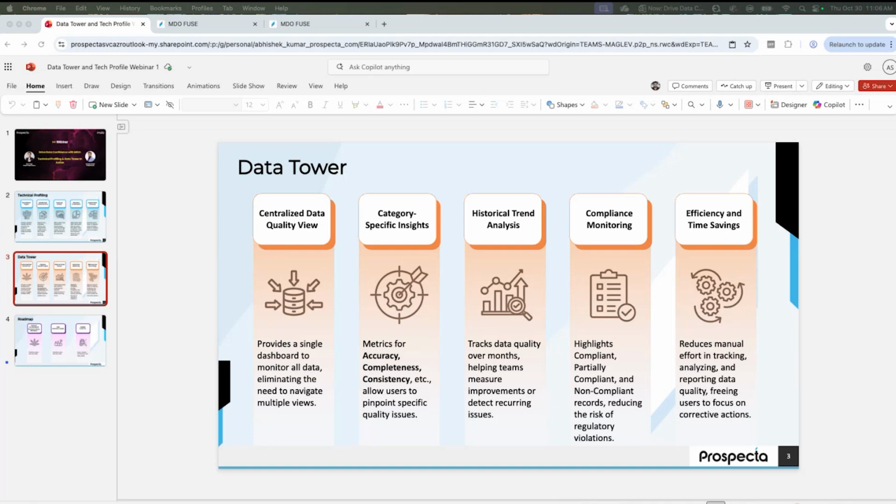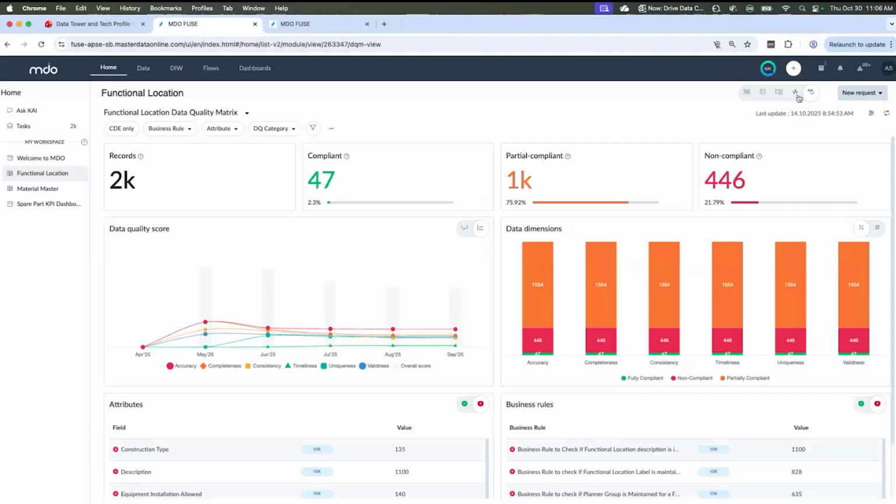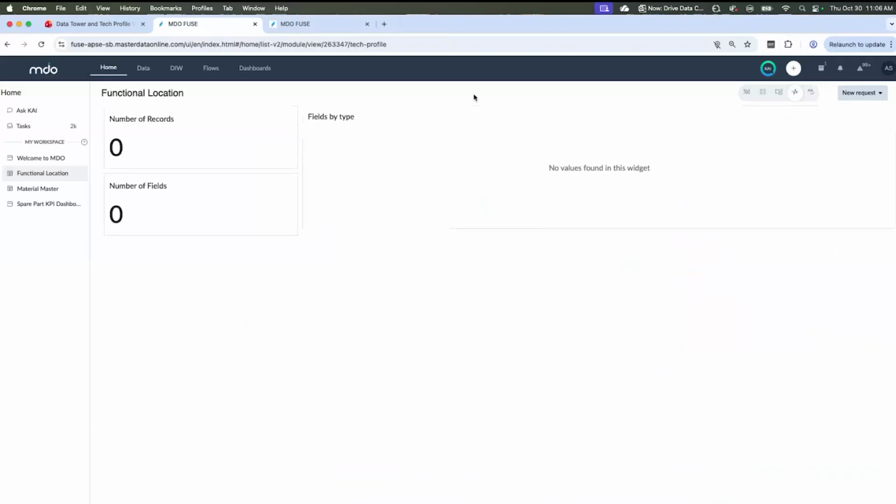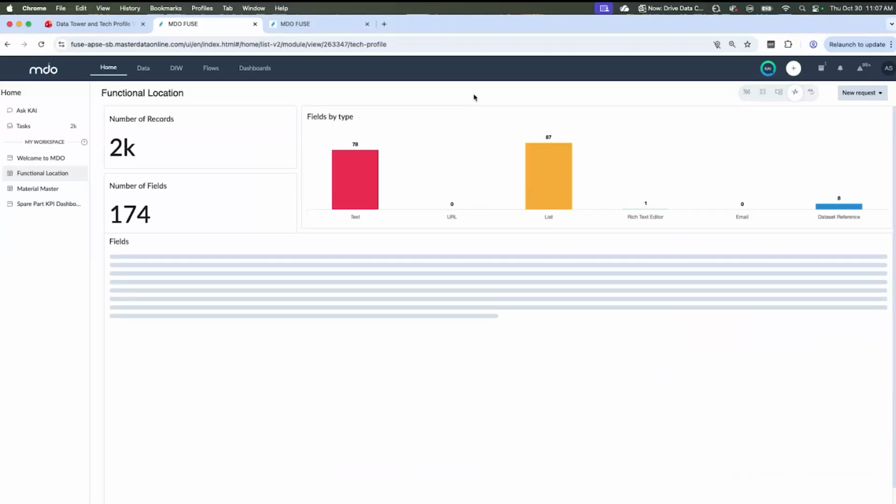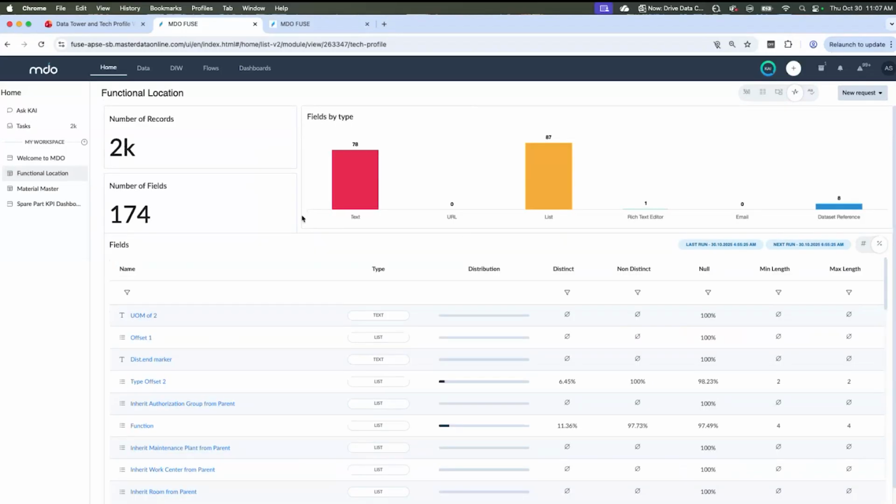Now, with the quick overview, we'll jump into the system and see these features in action. We'll start with technical profiling first to see how our data looks overall. The widgets give you quick insights, like the number of records and number of fields, providing an instant scale and scope of the data you're looking at, whereas the fields by type widget provides the data set's field type distribution,